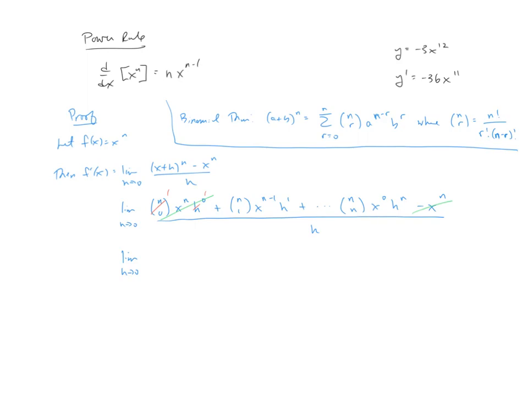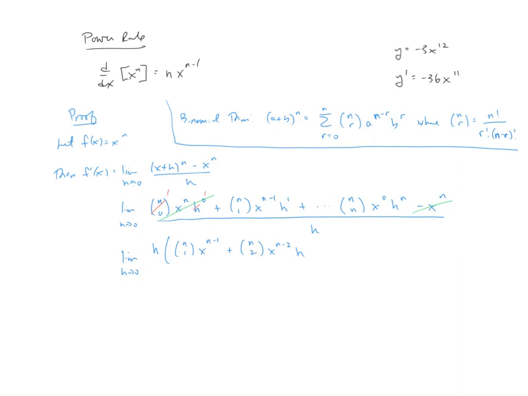So we're going to take that h and factor it out. If we factor the h out, it's now going to leave us with n choose 1, x to the n minus 1, and that h has been factored out. I'll write one more down because it's easiest to see when you have the pattern going. Plus n choose 2, x to the n minus 2,